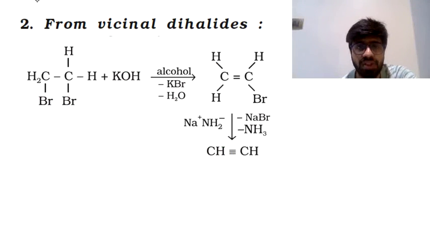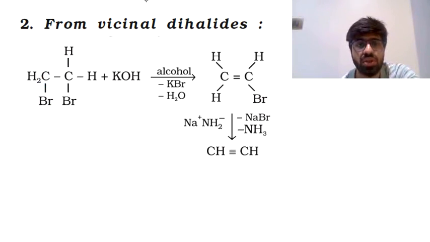Going ahead with vicinal dihalides. When we talk about vicinal halides, it means two halogen atoms are there in the molecule which are attached to different carbon atoms, and specifically talking about this reaction, the two halogen atoms have to be attached to neighboring carbon atoms. So say for example there's a bromine atom with this carbon atom, the other bromine has to be with the carbon atom adjacent to this, that is the second bromine atom has to be on this carbon atom.